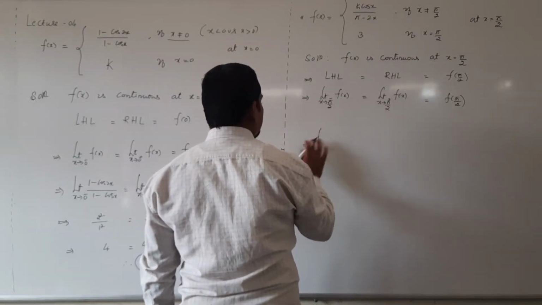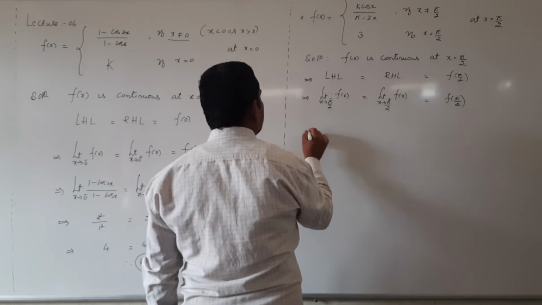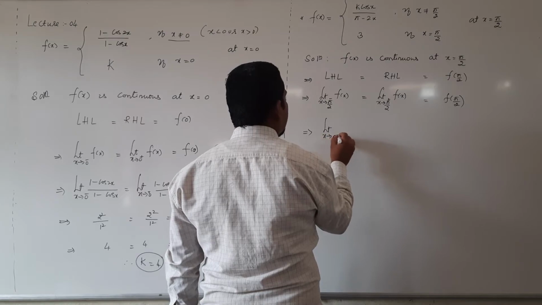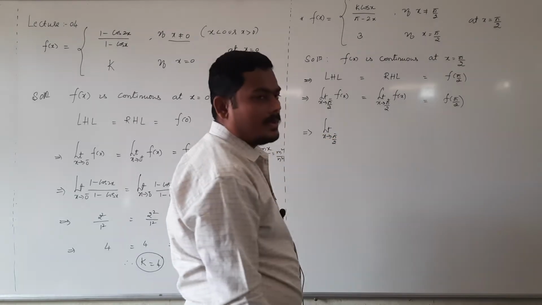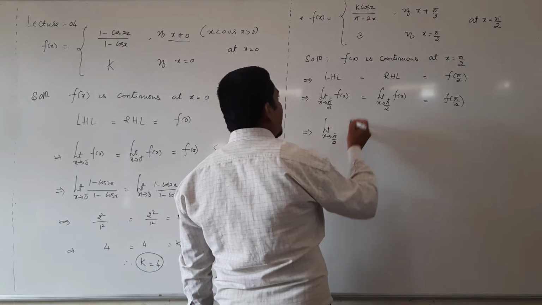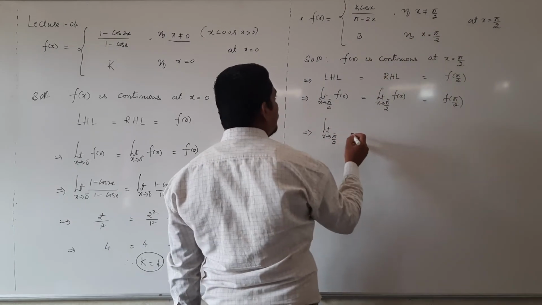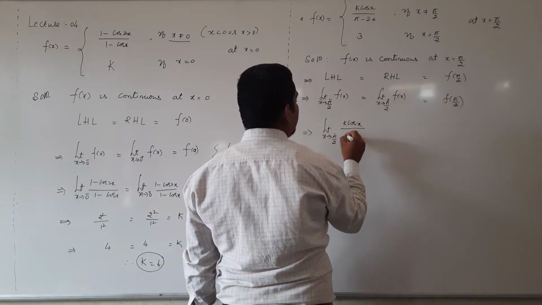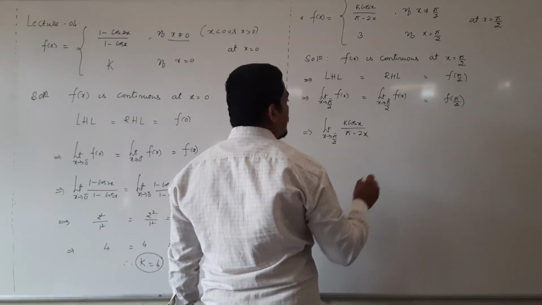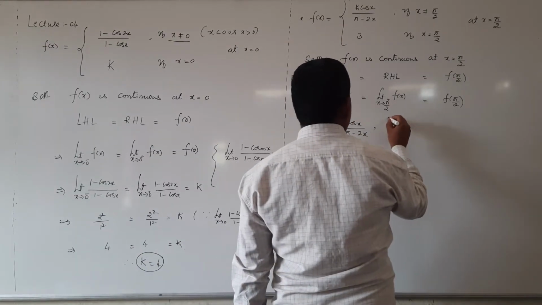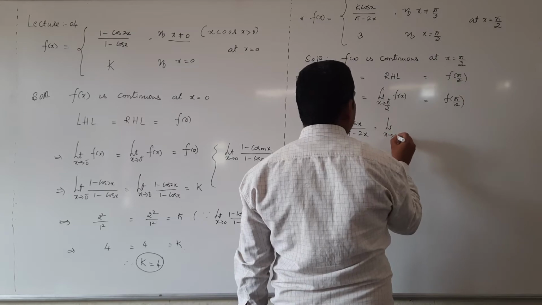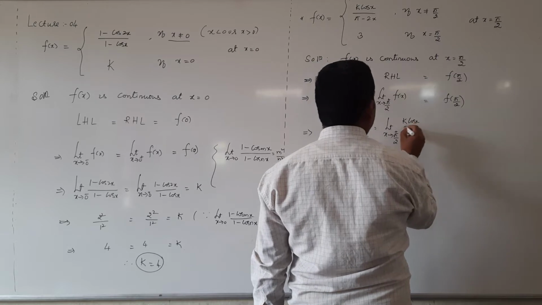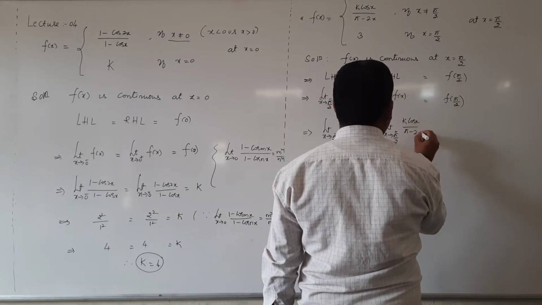Now, limit x tending to pi by 2 minus, what is f of x? Not equal to pi by 2 means less than pi by 2 or more than pi by 2, so for both LHL and RHL it is the same function, k cos x divided by pi minus 2x, that is equal to limit x tending to pi by 2 plus k cos x divided by pi minus 2x,